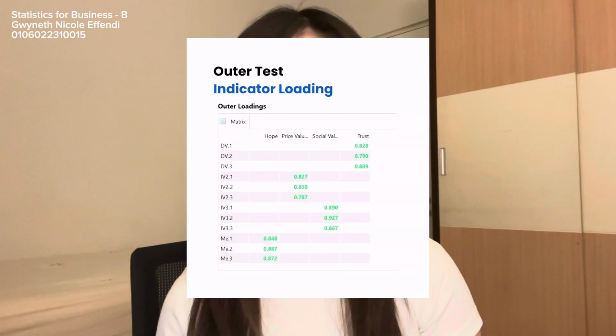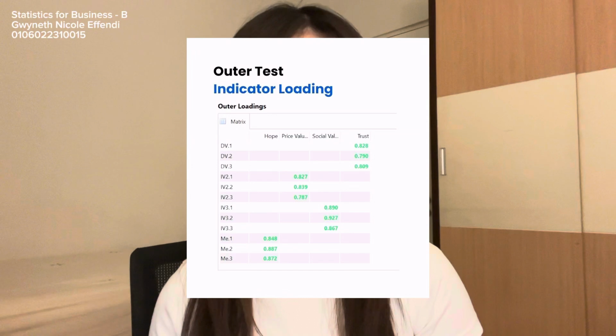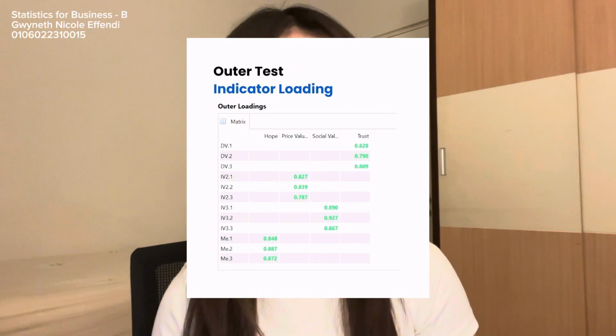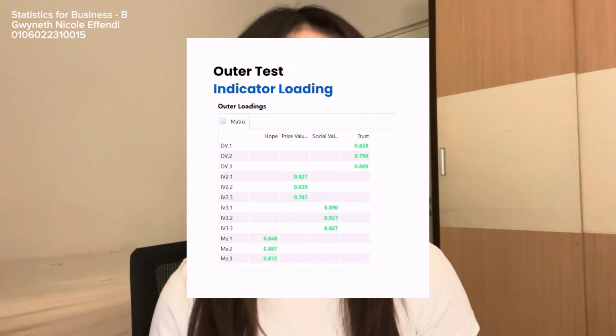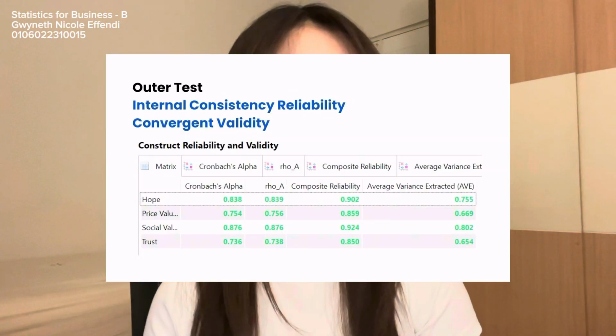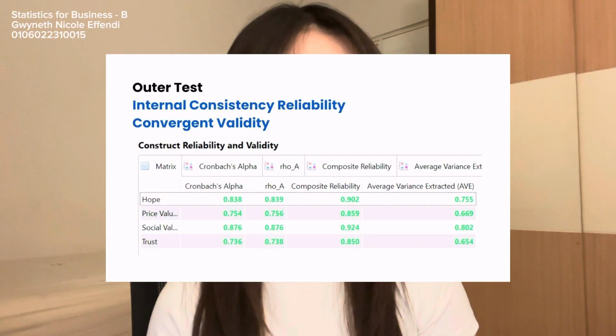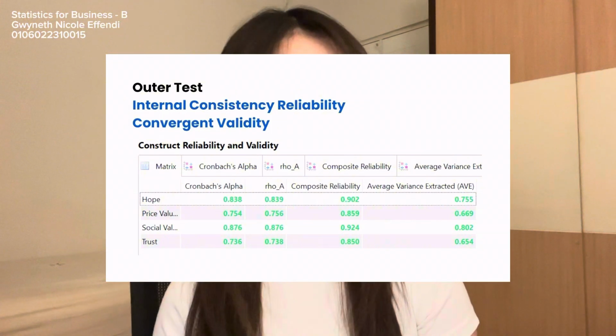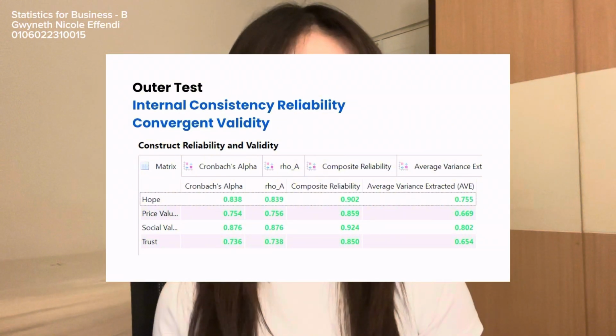First, we check the factor loadings. As we can see, most of the indicators in the model have loadings above 0.70, which is considered acceptable. Second, we look at the consistency reliability. We use 3 measurements: Cronbach's alpha, composite reliability, and rho A. As we can see, all values are above the minimum threshold of 0.70, which means that the constructs are reliably